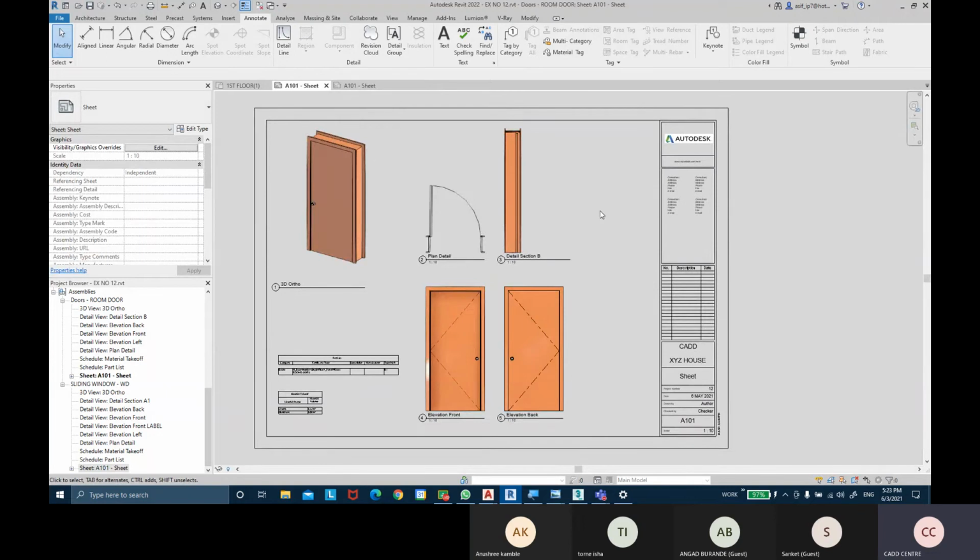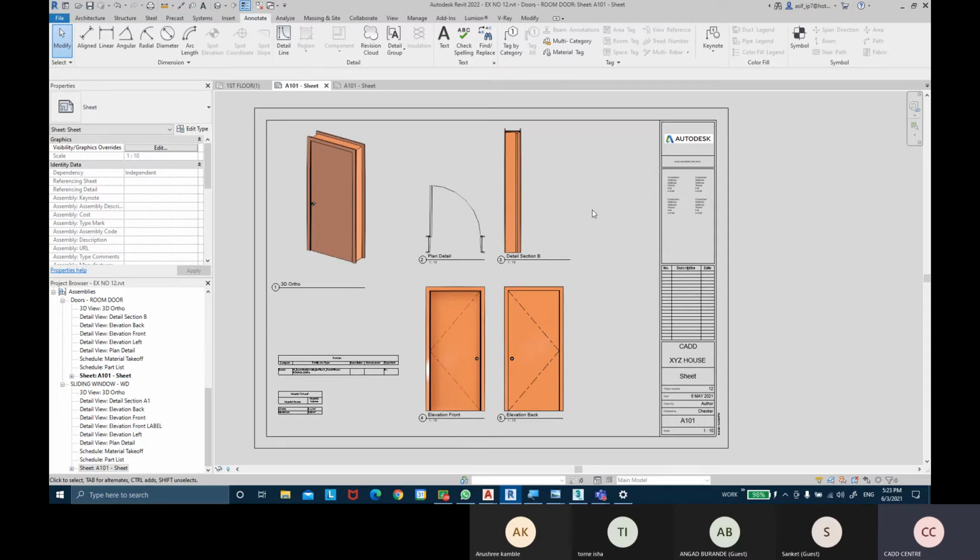Similarly, we can create an assembly of walls. We can also create an assembly of roof. Whatever element has been created, we can select and create the assembly for all the elements. Even for the floor. In future, we'll create floorings, and we can create an assembly of flooring as well. In that, we can show the entire working and the construction method that's going to be used for creating that door or window or flooring or roofing or any element.